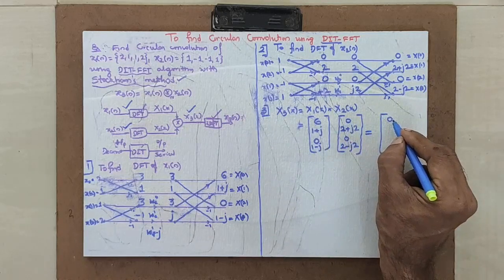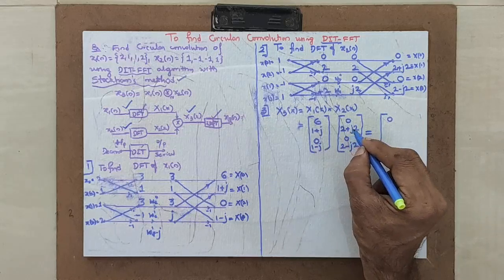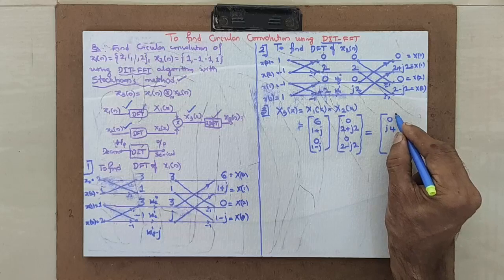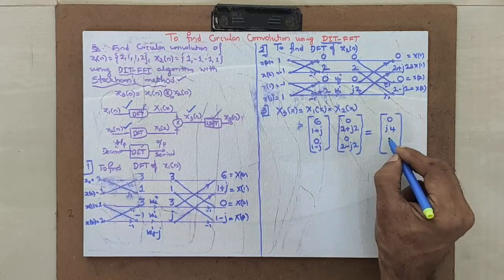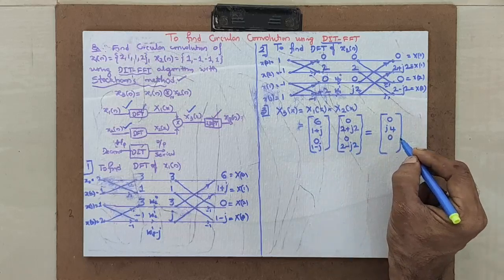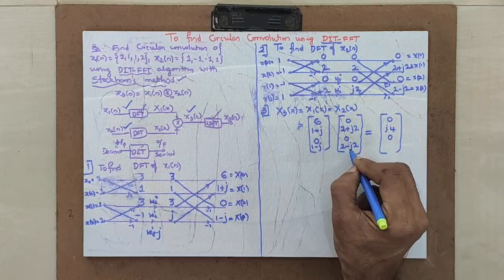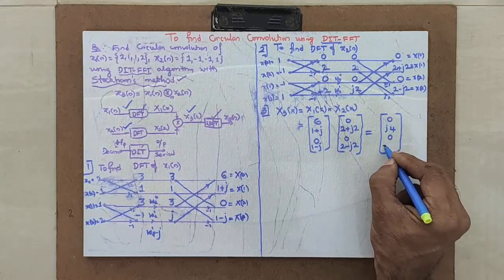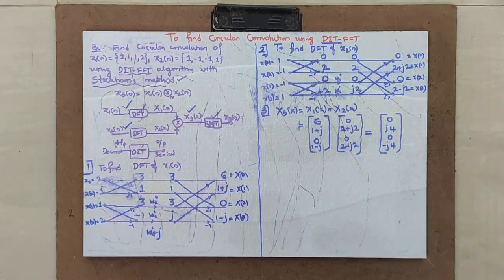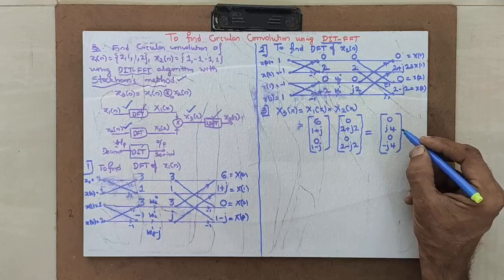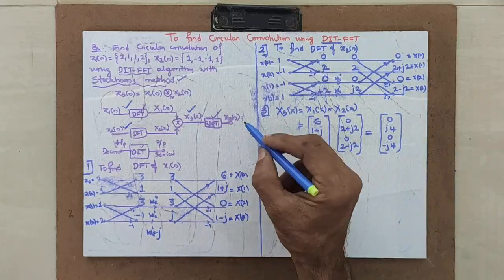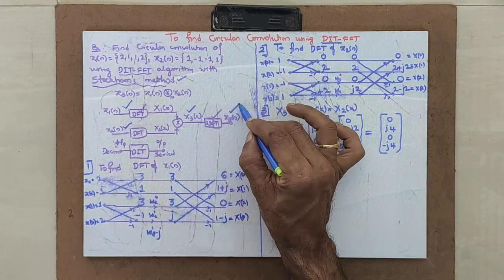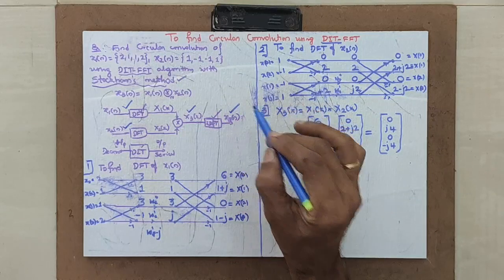6 into 0, 0. 1 plus j, 2 plus j2. Multiply that using your complex calculator. It comes out to be j4. 0 into 0, 0. And then 1 minus j multiplied by 2 minus j2. The thing comes here, minus j4. Minus j4. I have multiplied and seen it. Minus j4. Now you got x3k. Now what I have to do? I have to find IDFT. On x3k, I have to apply IDFT so that I can get the time domain signal x3n.